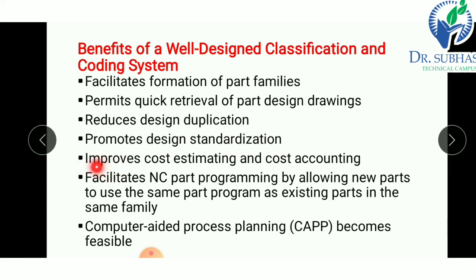Next is improved cost estimating and cost accounting. Cost estimating and cost accounting will also become a very easy task after giving a classification and coding system. It also facilitates NC part programming, so part programming becomes easy. Next, computer aided process planning becomes easy.